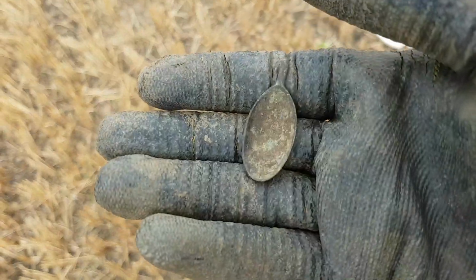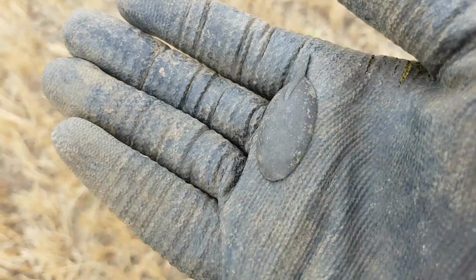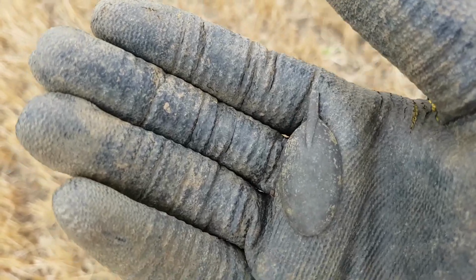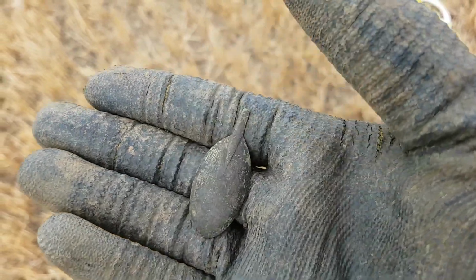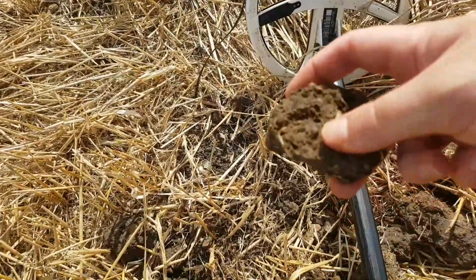Next up, part of what looks to me like a very old spoon in a really trashy area. So I've upped the reactivity to 3 and I'm swinging really slow. Pick this out among like 3 bits of rubbish. Yeah, it looks old to me. Another signal